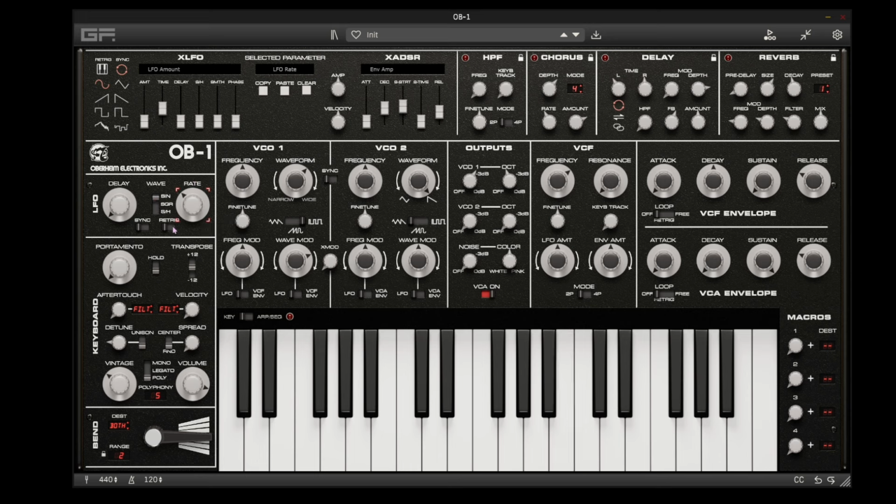You can also have it triggered. At the moment it's going to re-trigger, so every time I play a key, it will reset the LFO to the beginning of its cycle. If I have it not on retrigger, it will just be free running. And if it's on retrigger, it will reset the LFO to the beginning of its cycle. Okay, so if I just double tap any control to reset it,